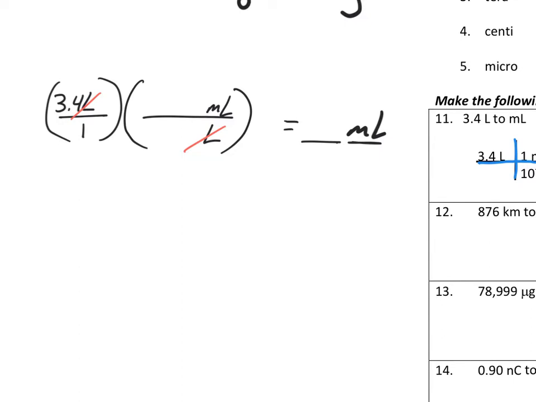So 1 milliliter is 1 times 10 to the negative 3 liters. So now how many milliliters do I have if I have 3.4 liters? Well, I know that when I divide by exponents, what do